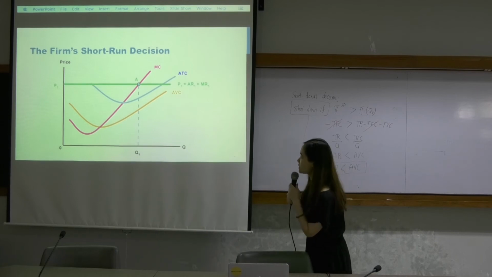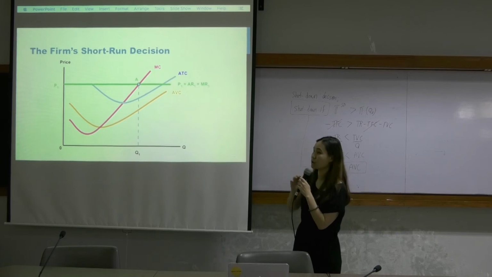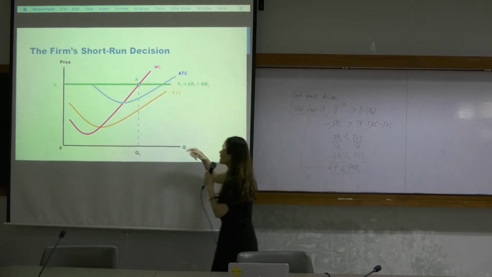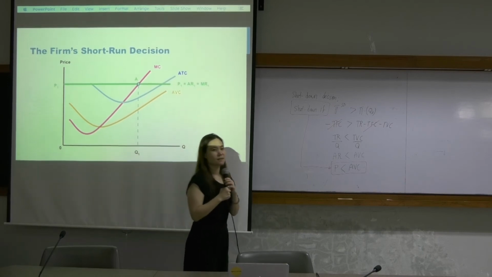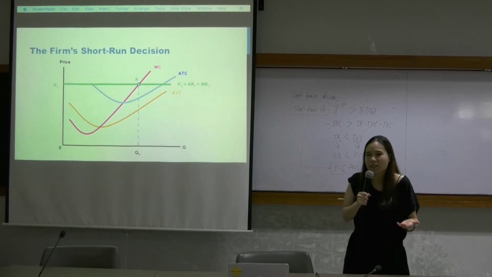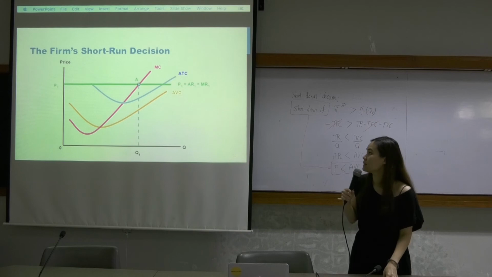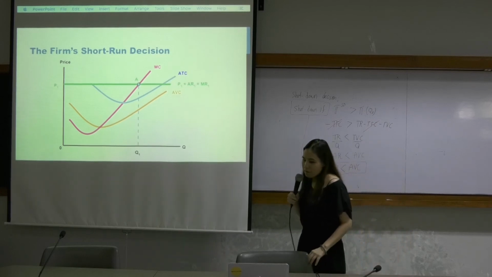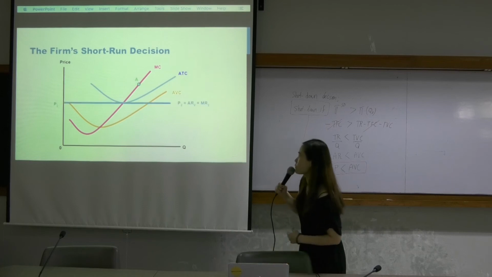And you can also see that at Q1, P is higher than the average total cost. What does it mean? It means that the firm is making a profit. Should the firm shut down? Out of the question, right? Why would you shut down? You're making good profit. Stay. Okay? For any reason, if the market price drops to P2,